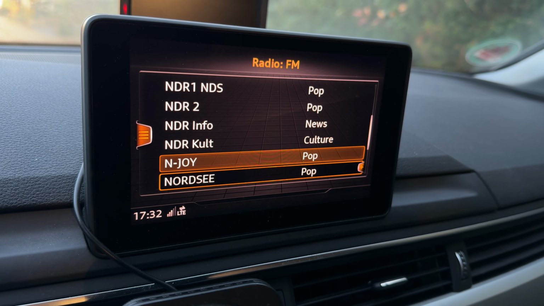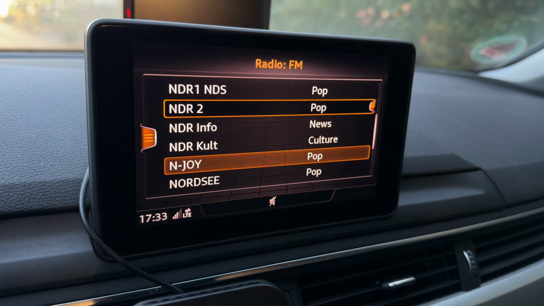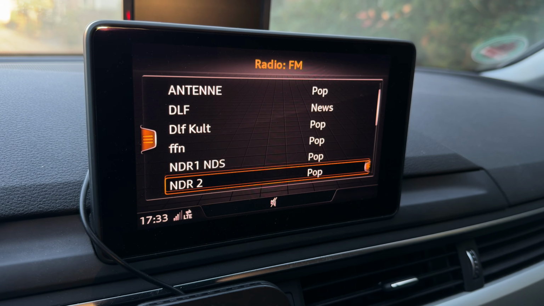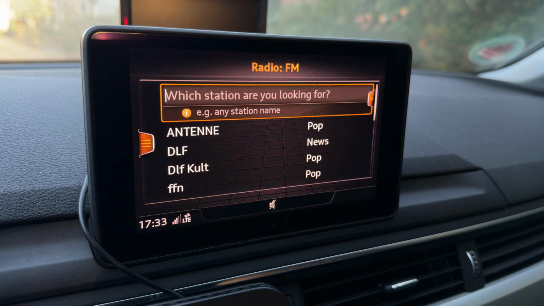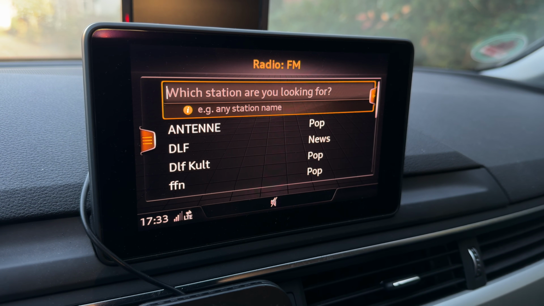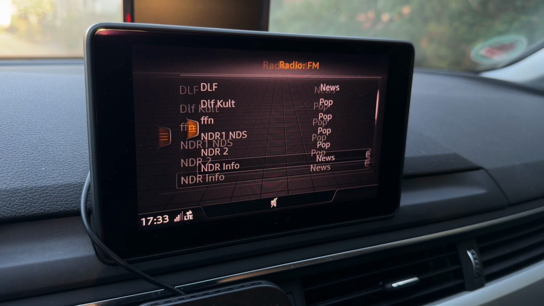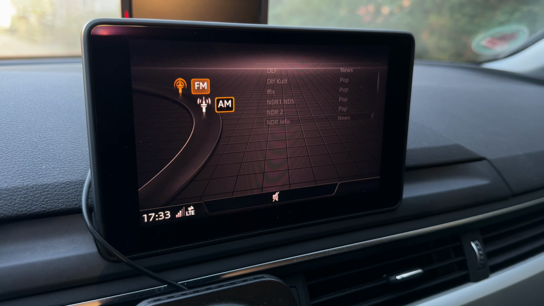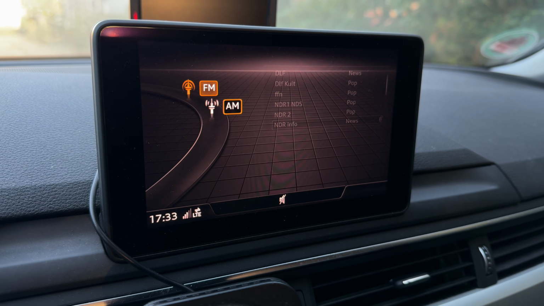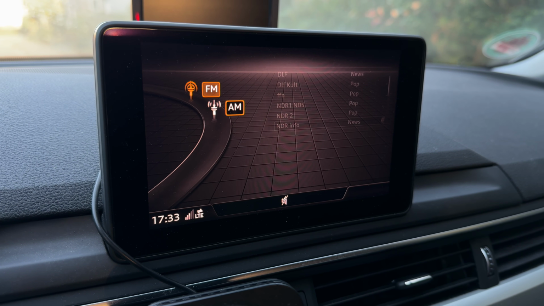Then we have radio. In the radio, it's possible to choose the broadcast station which is near you. You can go left to switch between the FM and AM band, or DAB digital radio is possible, and so on.